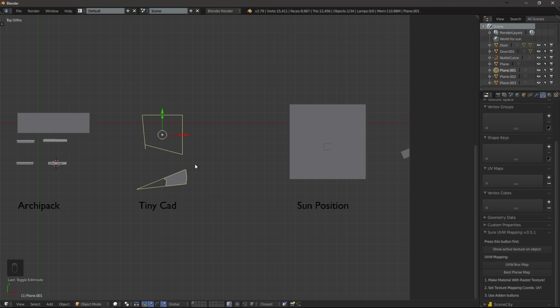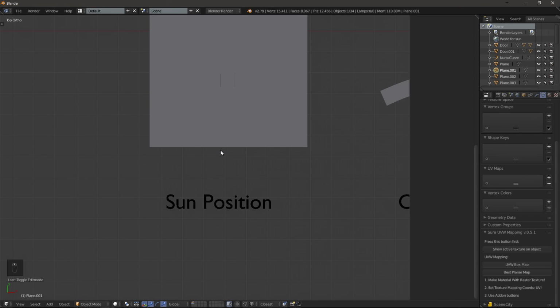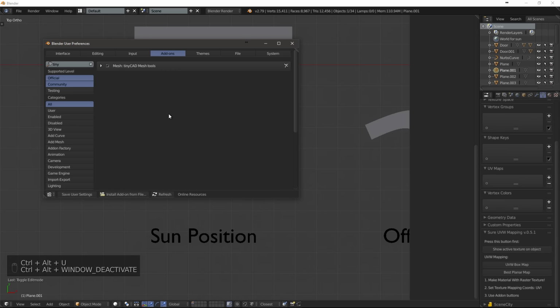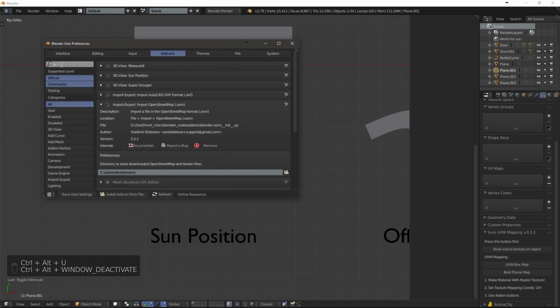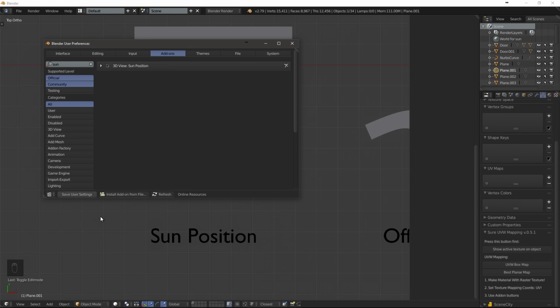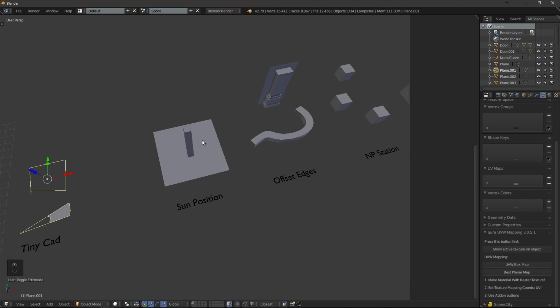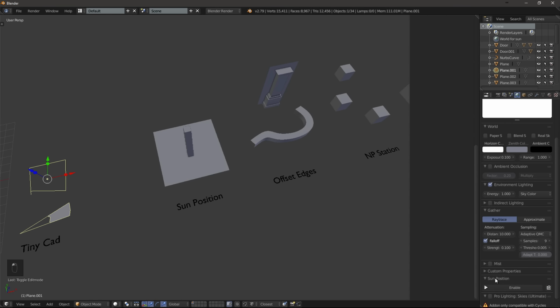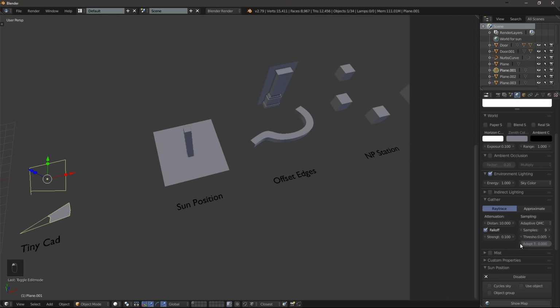And then there are also a number of add-ons that I would suggest you add to your Blender. First one is Sun Position. So I've listed where you can download it in the description below. And like all other add-ons, we just have to make sure that we have it enabled. And what it does is, if we go into the World tab, scroll all the way down, there's a tab called Sun Position. If we enable it,